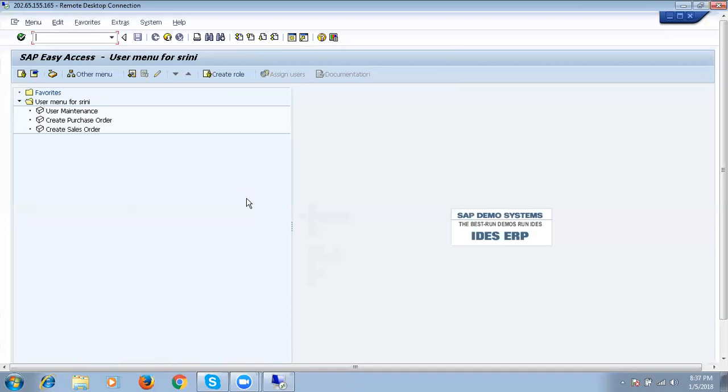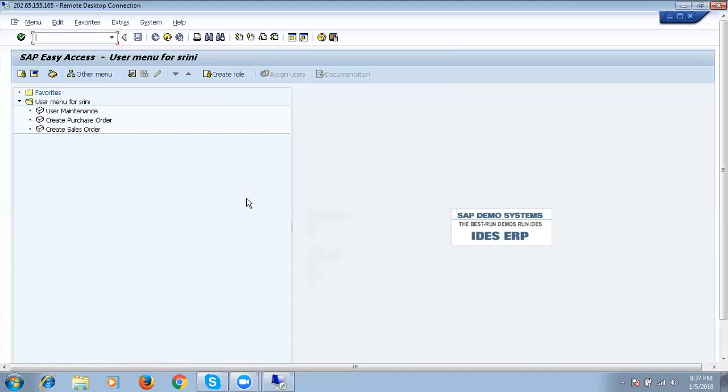And today we'll discuss system trace, how to find out the user trace. Say for example, whenever a user gets a "you are not authorized" message, he needs to execute /nSU53 for the missing authorizations.